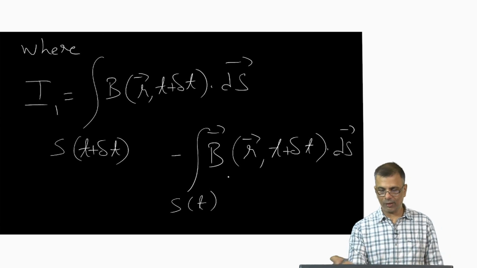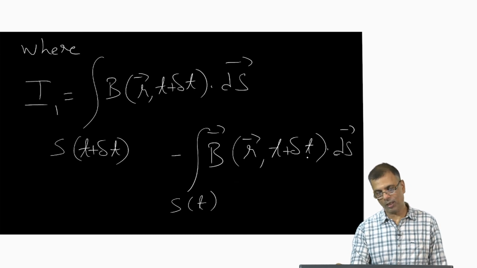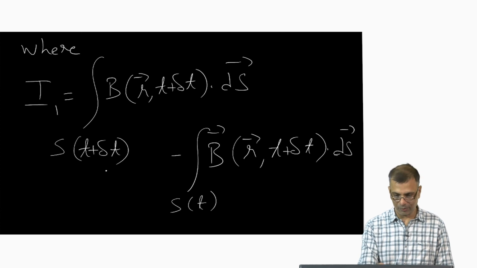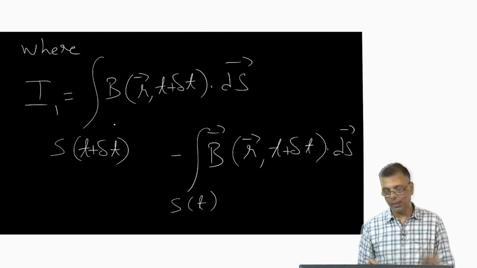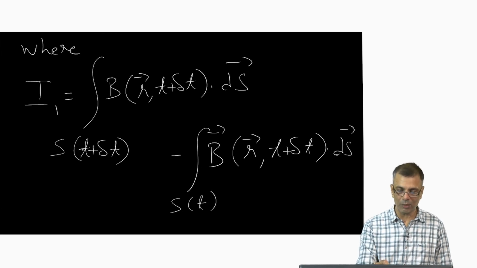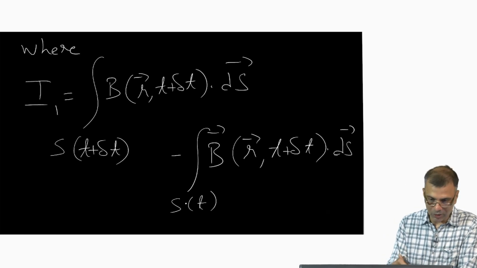You see the integrand is the same. The integrand is B at r, t plus delta t. Here also it is B at r, t plus delta t. What's the only difference between this piece and this piece? The fact that the S, the area you are integrating it over, has changed. Here it was t plus delta t, here it's t. So this is the change in flux